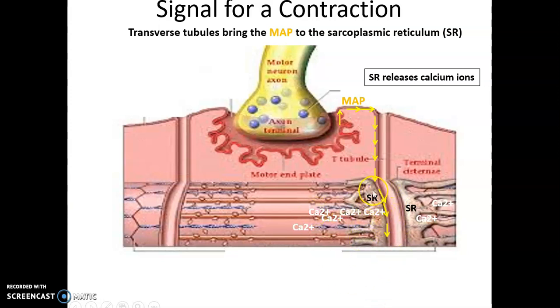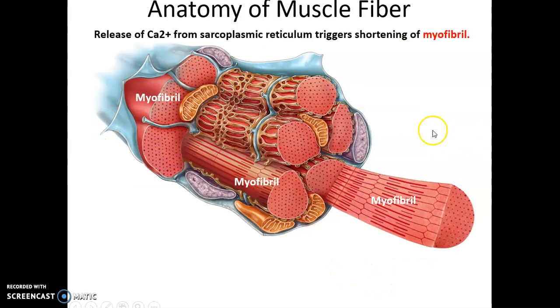So that change in charge brought to the sarcoplasmic reticulum via the muscle action potential traveling down the transverse tubule triggers the release of calcium ions from the sarcoplasmic reticulum. And again, as I mentioned earlier, it's the release of calcium ions that triggers the shortening of the myofibrils. That then leads to the shortening of the muscle fibers, which leads, of course, to the shortening of the muscle organ